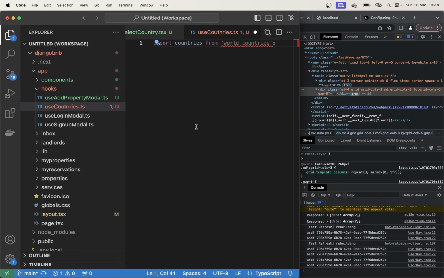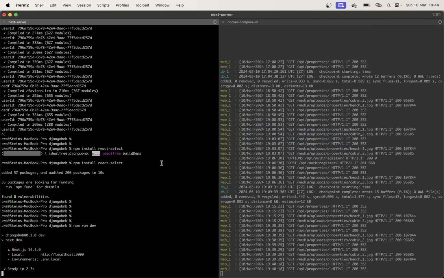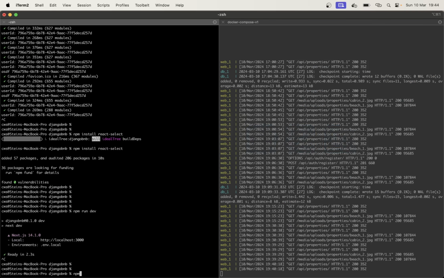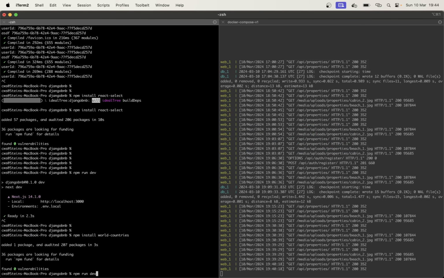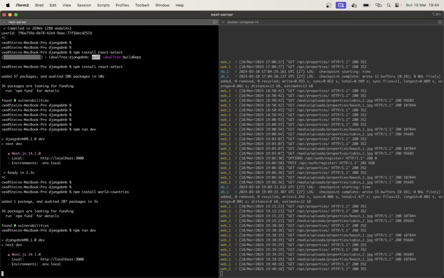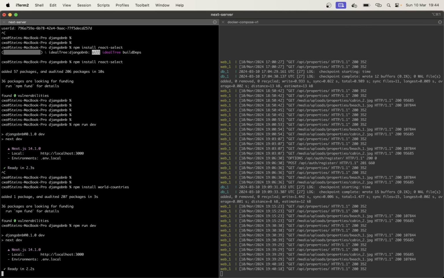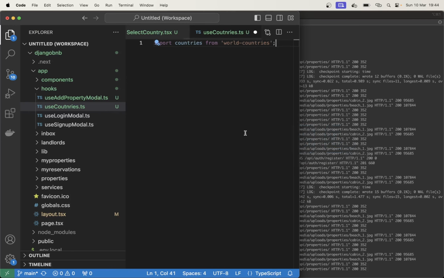Okay, so now I get a new warning, so you need to install one more package. I think this is the last one. Stop and say npm install world-countries. So this is a list of countries that has flags, the code, the label, latitude and longitude, which region it is in, and similar. So that was working. Then I just need to set up a variable, say const formattedCountries,